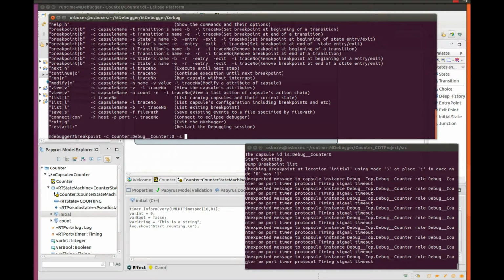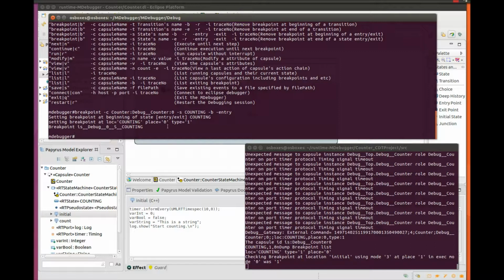Let's consider a state, then the name of the state, counting, and then I have two other parameters to specify: -b or -e for beginning or end, and -entry or -exit for the entry action code or the exit action code. So if I do -b -entry, that means I will set a breakpoint before the entry action code of the state is executed.